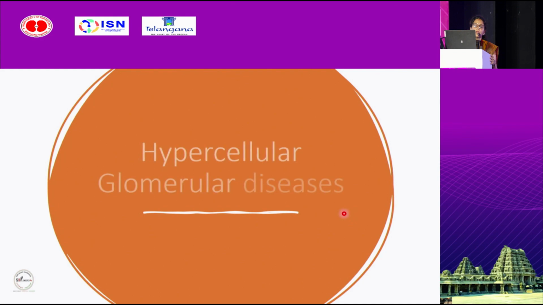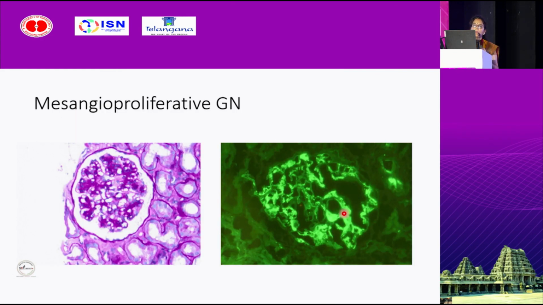So now coming to the next entity, that is hypercellular glomerular diseases. Hypercellular will start with mesangial proliferation diseases. This is a pink color mesangium. There is definitely a widening. Widening means PAS positive mesangial widening when there are 2 cell nuclei thickness, and hypercellularity when there are more than 3 cells. So when there are 4 to 5 cells, it becomes mild, 6 to 7 it is moderate, and 8 or more it is marked mesangial hypercellularity.